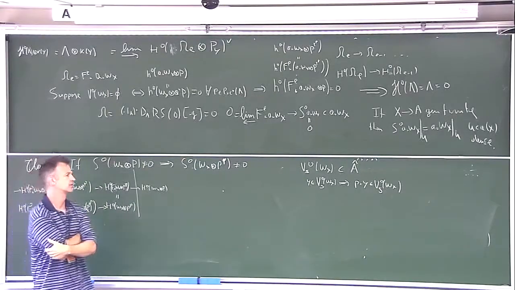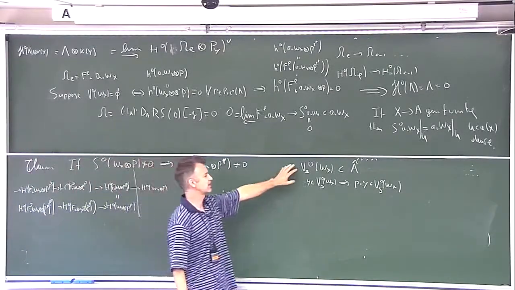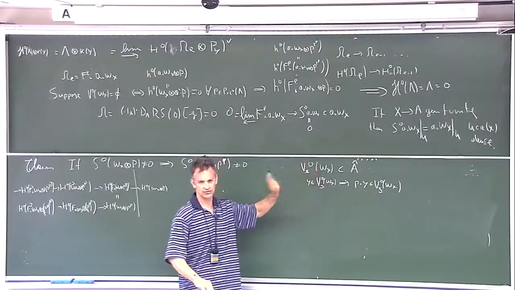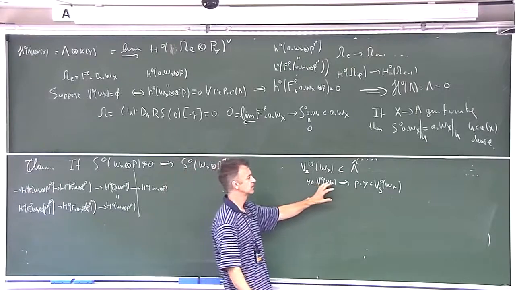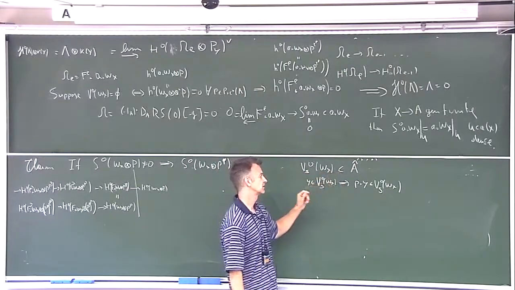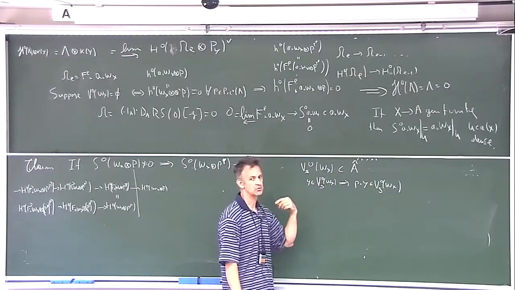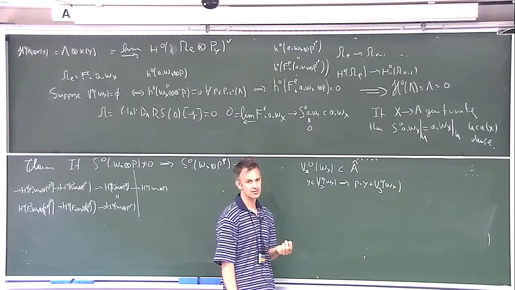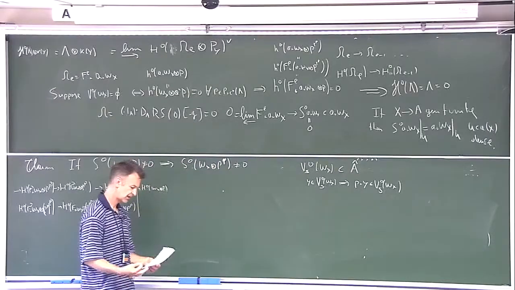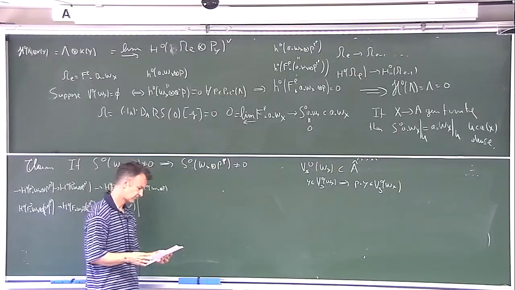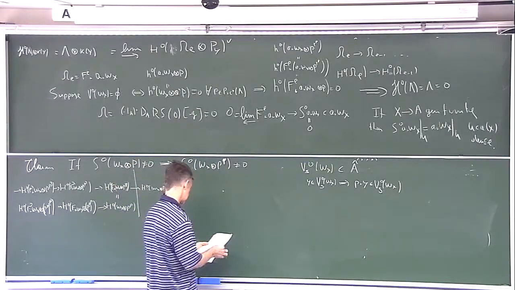Okay, so there's a little issue. This may not be closed, so I need to take the closure of this. Let's not worry about that so much. So pretend that this is closed. Then you have subvarieties of A hat which are fixed under multiplication by P. So you could guess that these subvarieties tend to be linear. And in fact, it's a theorem of Pink and Roessler that they are. So the theorem says